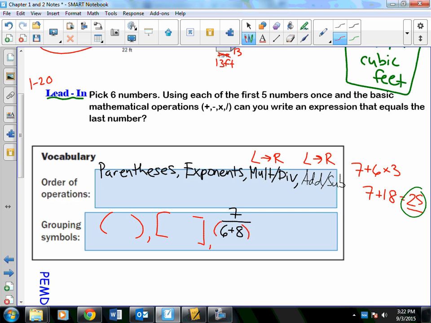Maybe I'll pick 12, 2, 1, maybe 18, and I don't know, 8. And then the magic number I'm trying to hit using those 5 right here might be the number 3. So I want to use operations of addition, subtraction, multiplication, or division to get the number 3. And I can only use each of those red numbers once and only once. I have to use each one, but I can't use it more than once. I can use addition or subtraction or multiplication or division more than once, but I can only use the numbers